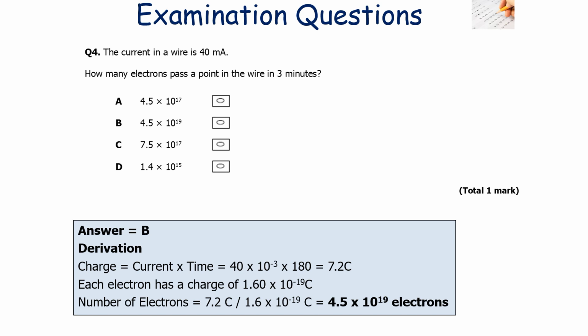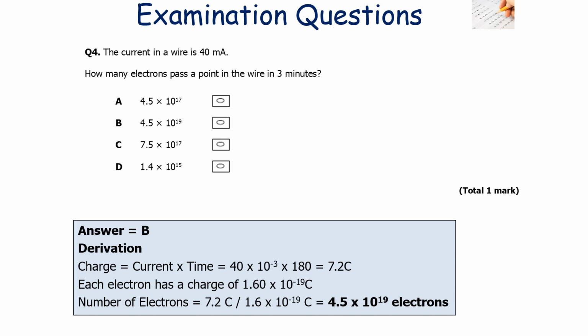Now at this point you should hopefully remember that every electron has a charge of 1.6 times 10 to the minus 19 coulombs. So if the total charge is 7.2 coulombs, and the charge of one electron is 1.6 times 10 to the minus 19 coulombs, dividing one number by the other gives you the total number of electrons, which is 4.5 times 10 to the